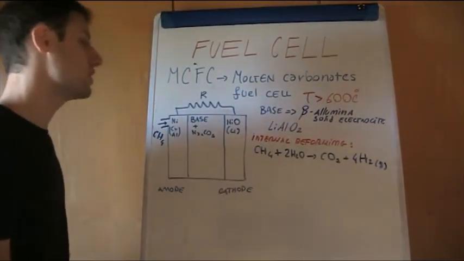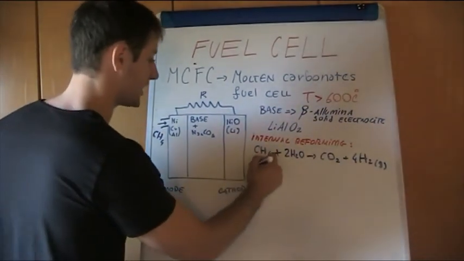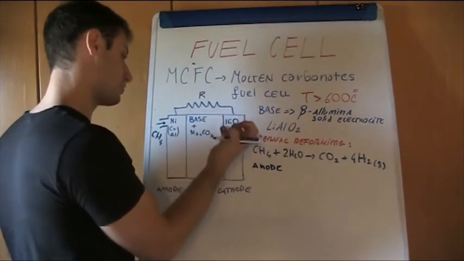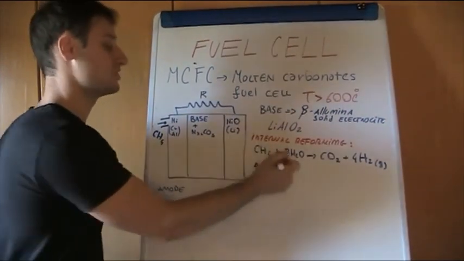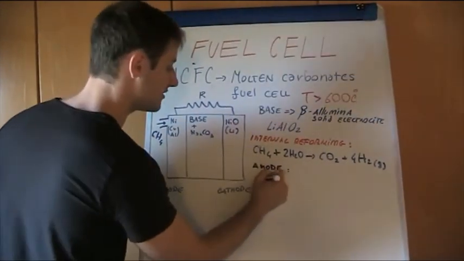And in this situation we can use this hydrogen on the negative pole, on the anode, already created. So the temperature can promote the formation of this species, and this species is directly used as a fuel in a further moment and can react